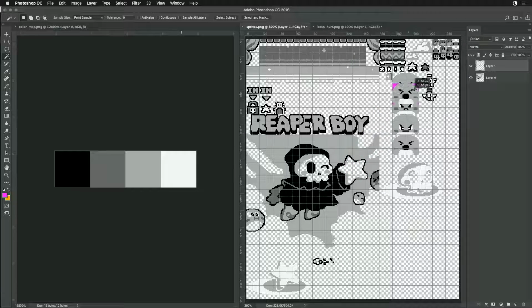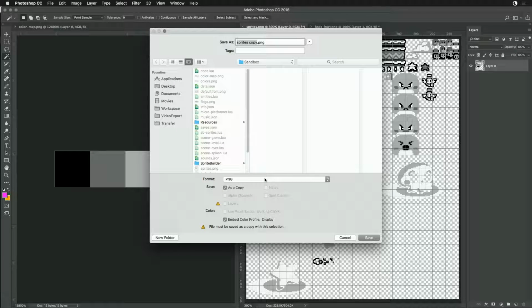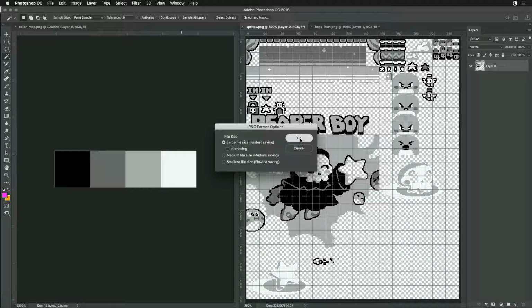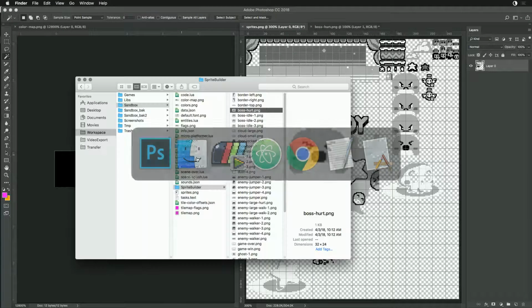This is a pretty common problem where the color spaces don't match up, and because of that we wind up with sprites that can't be parsed. So let's replace this PNG, large file size, fine. And then in here,